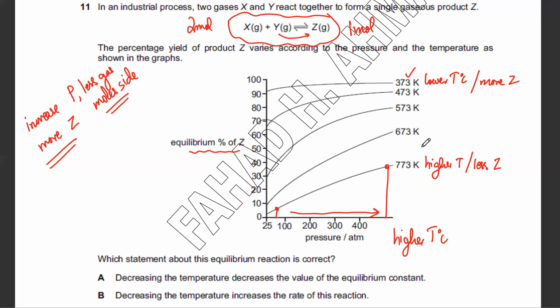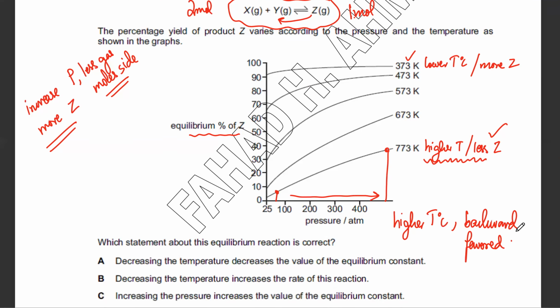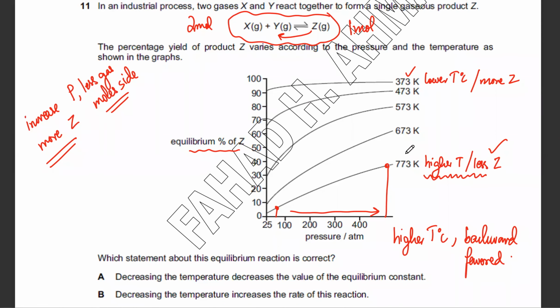Backward. ठीक है, बैकवर्ड सही है, you're getting less Z, इसका मतलब है कि हायर टेम्परेचर is definitely favoring the backward reaction, क्योंकि जी कम बन रहा है। ये भी क्लियर है, माइन, is this clear Aisha? ग्राफ से क्लियर है कि हायर टेम्परेचर favors the backward reaction. हायर टेम्परेचर पे कम जी है और लोअर टेम्परेचर पे there is more Z, तो हायर टेम्परेचर जी को फेवर नहीं कर रहा।